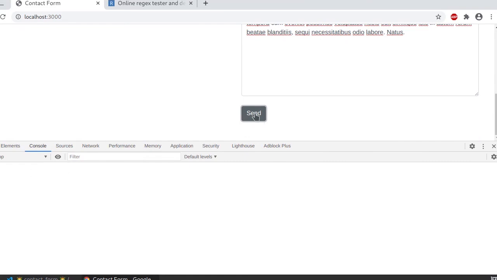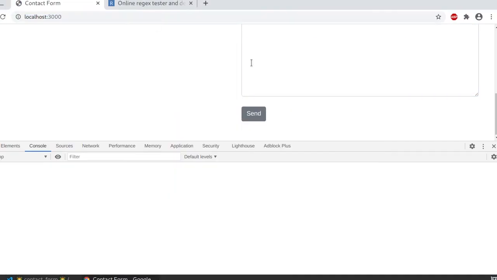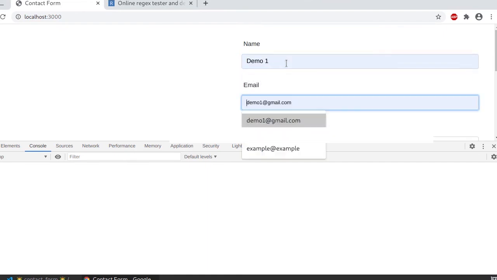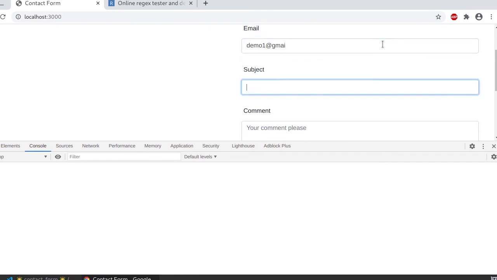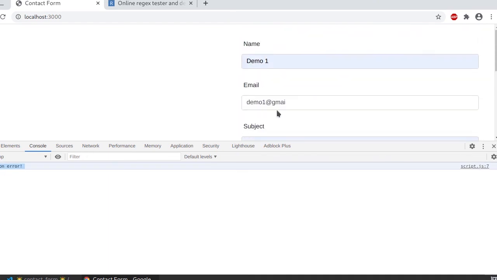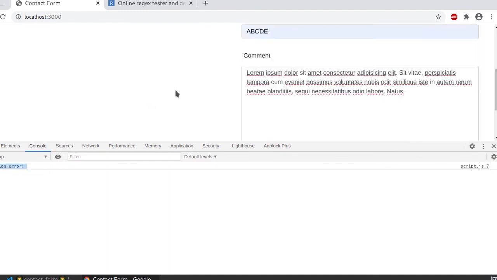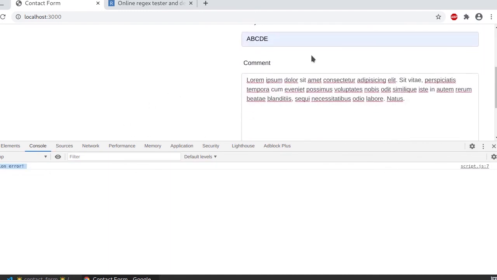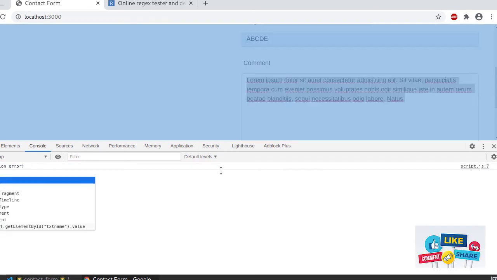Now I try to submit it. Once again there is some problem. Okay, yeah, actually I need to refresh because I have made some changes. Gmail.com. You actually make it wrong for now. ABCD something E and then lorem ipsum and submit it. Then you must get the validation error because your mail is not satisfying the required criteria. Once again, I believe it is long enough.